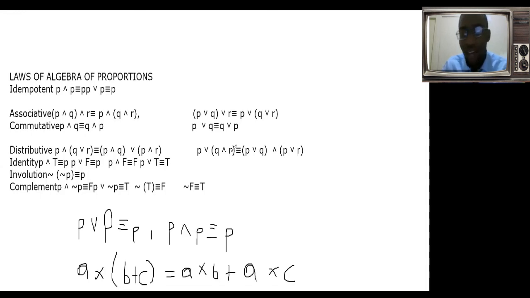Now P and false is false, because anything and false is false. Because "and" means both of them have to be true. So once you have a false in it already, then the result is false. Now P or true is true. Anything or true is true. Then the involution law tells us that the negation of not P is just P. Because if I say I am not,